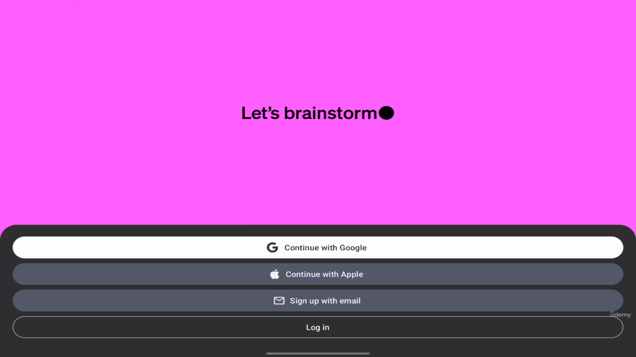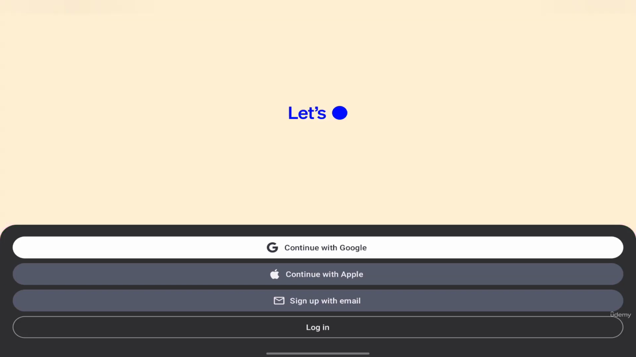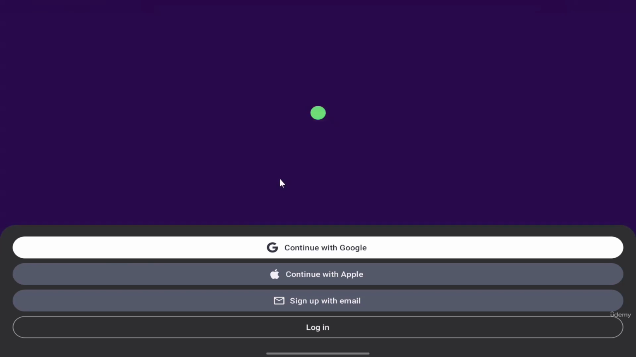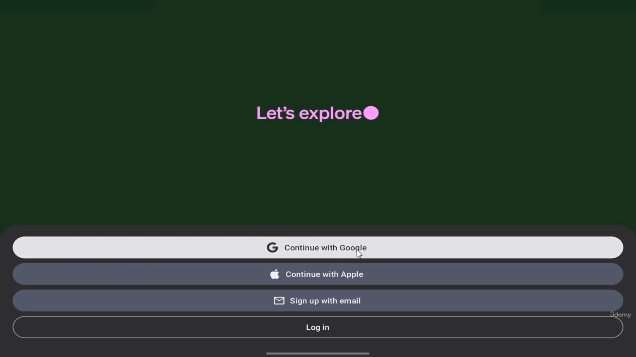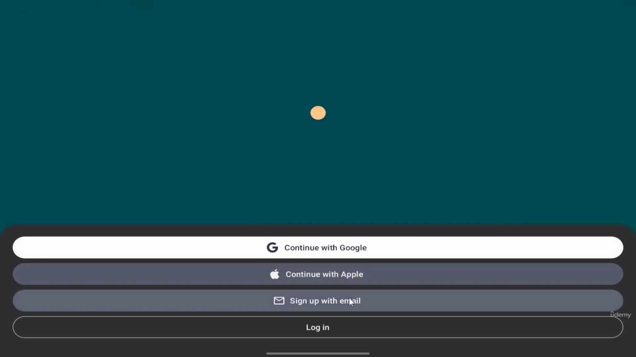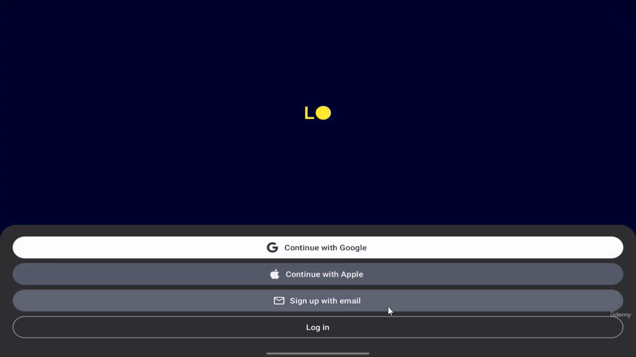All right, let's get started with an overview of ChatGPT. You're going to need to create an account. To be able to create an account, you need to either sign up by continuing through Google, through Apple, or by signing up with your email. If you want to just go ahead and continue with an email, you would click here,